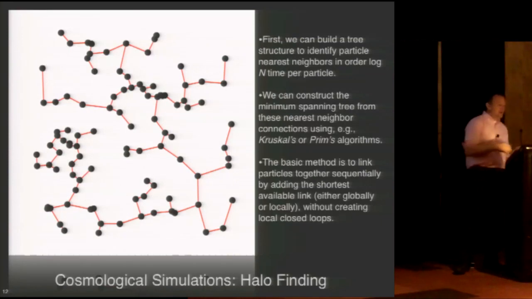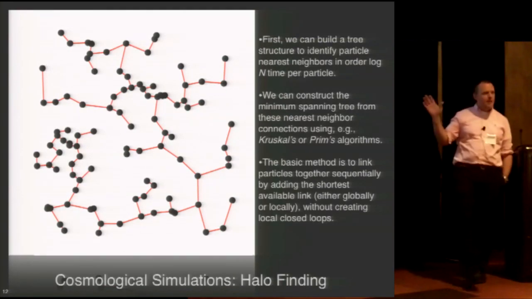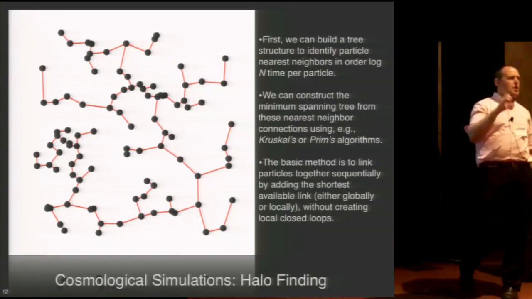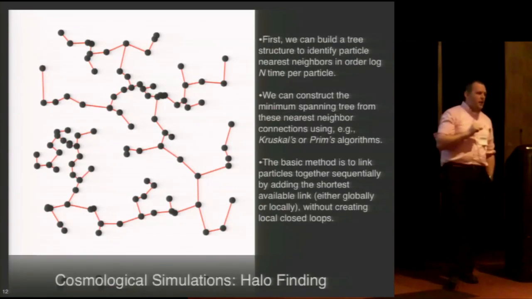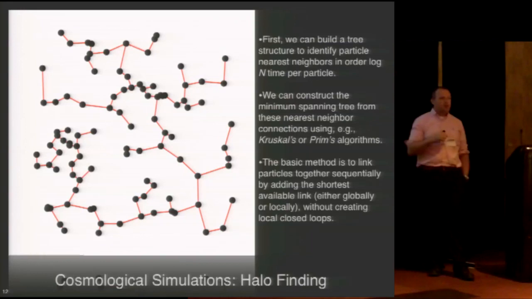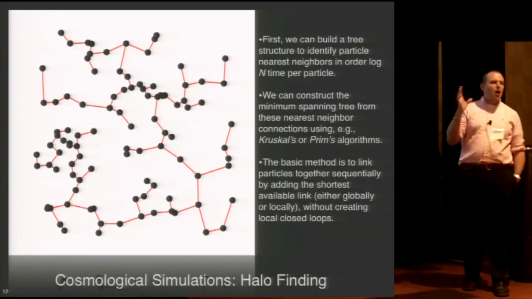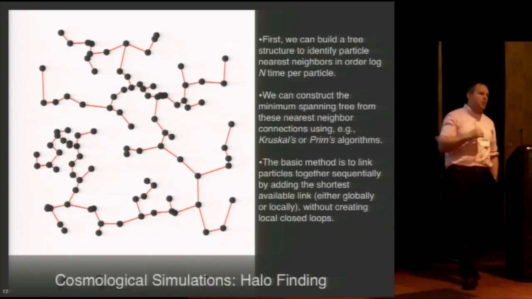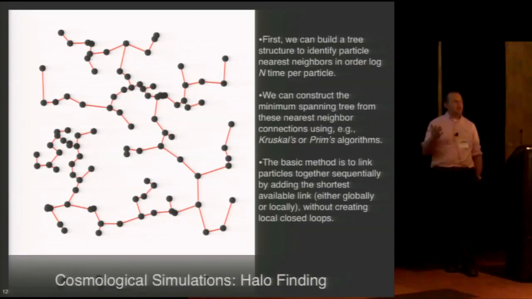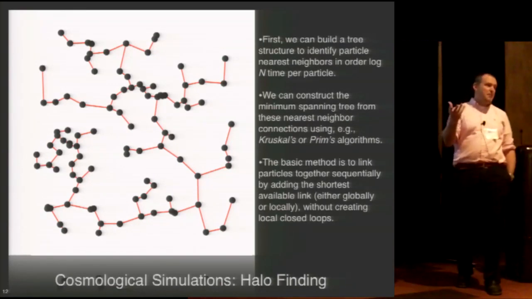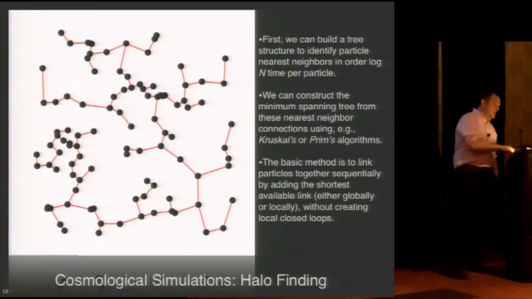And what's interesting about this is that if you look at something like a minimal spanning tree, you can see that there are certain connections that are longer than others. Okay, and what we can do is we can construct what's called a friends-of-friends catalog just by eliminating, say, all of the connections larger than some number. And that corresponds to a mean physical density, which is what we're looking for. We're looking for regions that exceed some kind of mean density that might form actual galaxies.